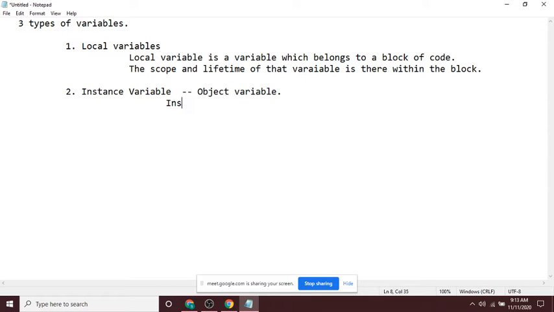So an instance variable is a variable which belongs to the object of the class.